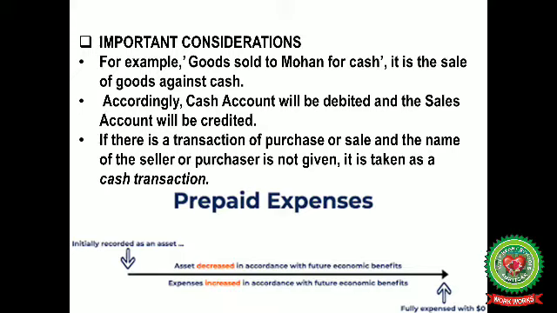So another example here is very important, that is prepaid expenses. That is expenses which you incur in advance. Suppose your parents pay your school fees for the whole year in the beginning of the session. Now this is one kind of asset and they are availing the benefit throughout the year. So it should be recorded as an increase in asset. So its entry would be prepaid expenses account debited to expenses account.